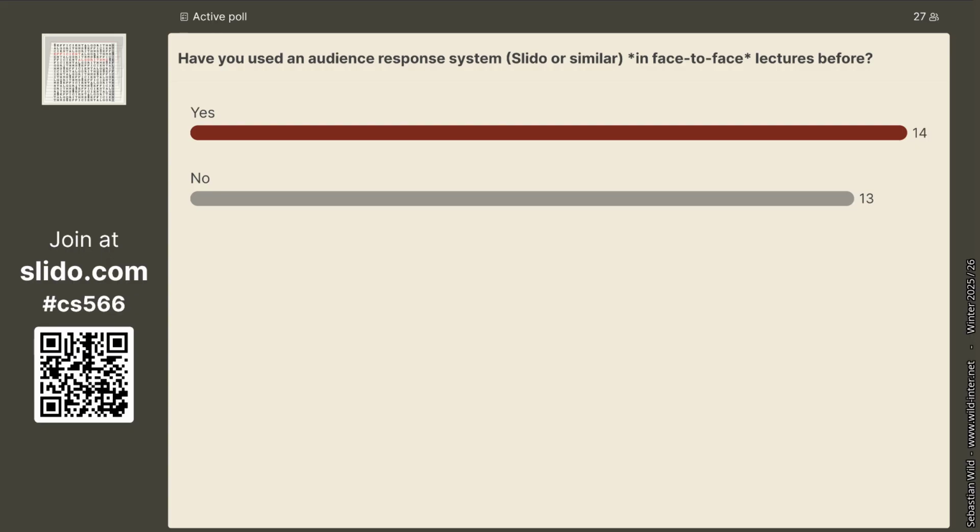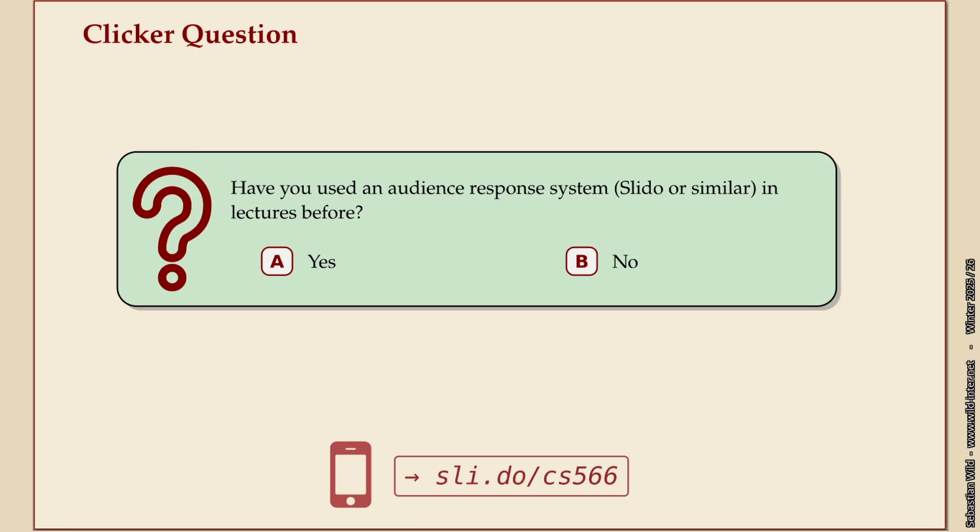Okay, pretty half-half. Maybe now a few more people have used these things before. This is a very neutral question. It doesn't ask about whether you liked it or not, or whether it was useful. You're more than 32, aren't you? Maybe. Okay, something like this. Let's call it 33. So it seems to work and is pretty intuitive.